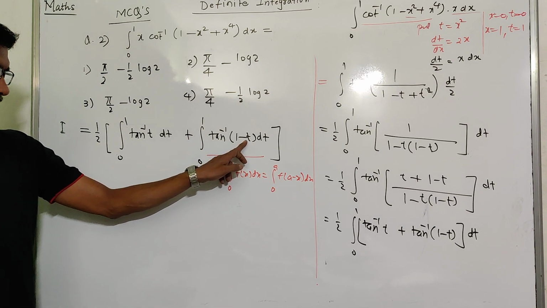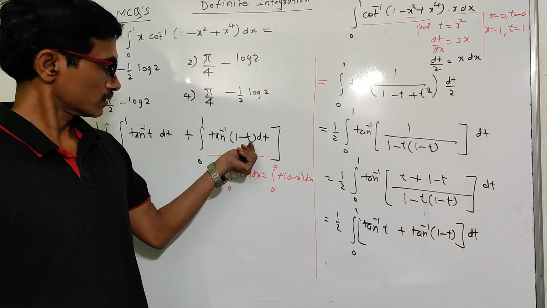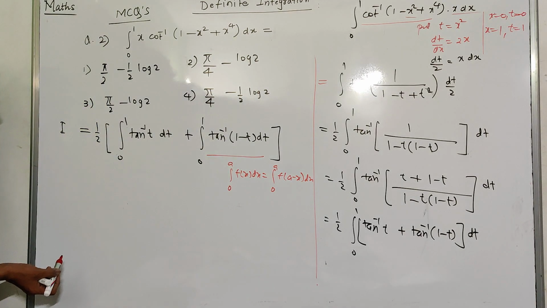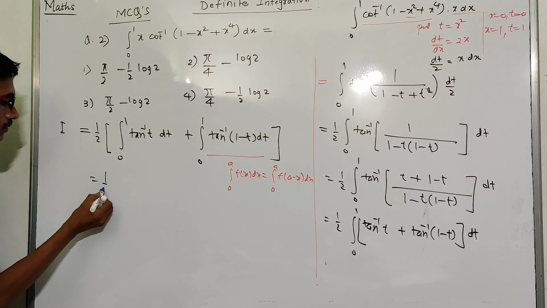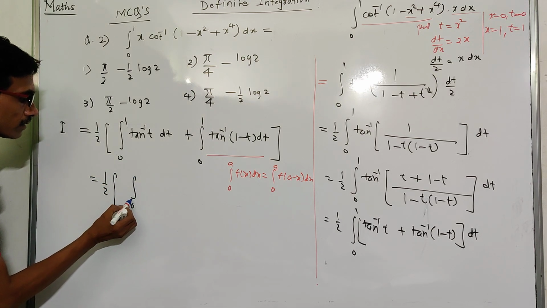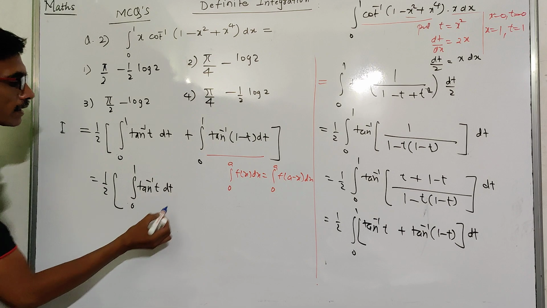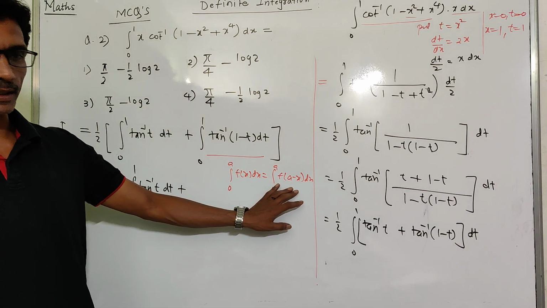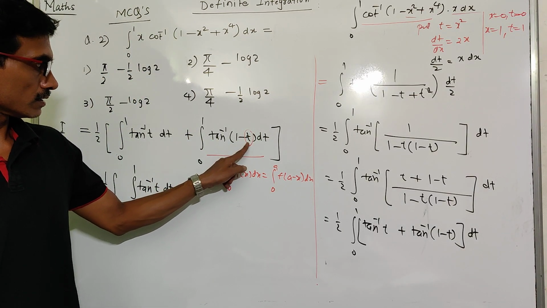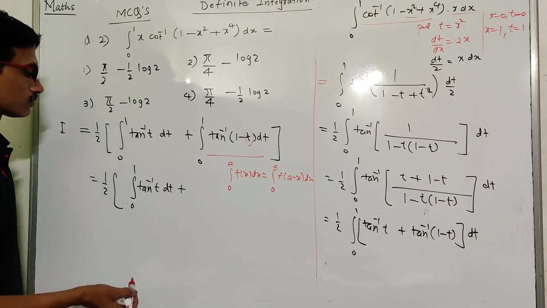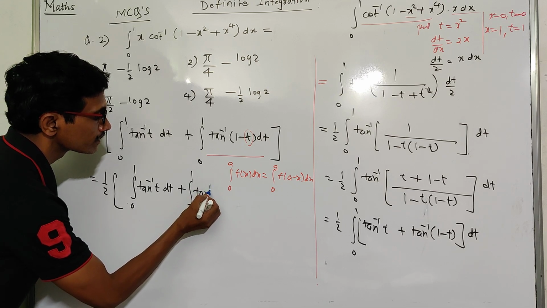So then 1 minus t: in place of t we'll write 1 minus t. So 1 minus of 1 minus t will be t itself. And if you apply the property over here, this integral will become 1 by 2 integral 0 to 1 tan inverse of t dt plus again the same we will get. Applying this property, in place of t we'll write 1 minus t, and this 1 is getting cancelled and again t. So it will be integral 0 to 1 tan inverse of t dt.